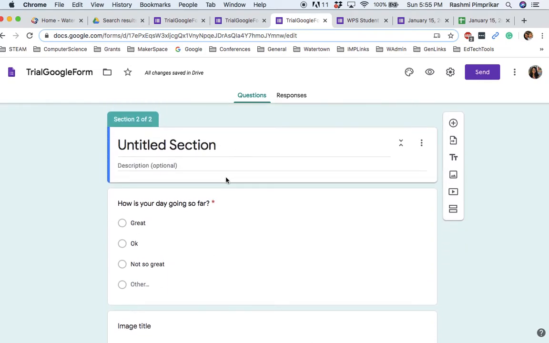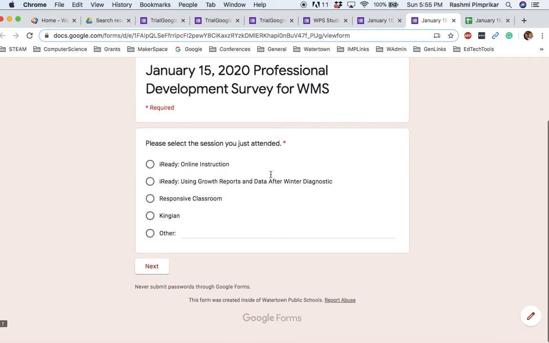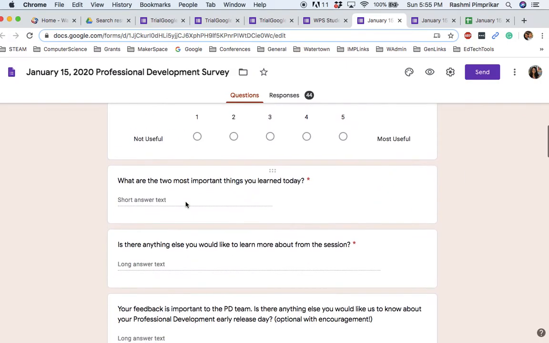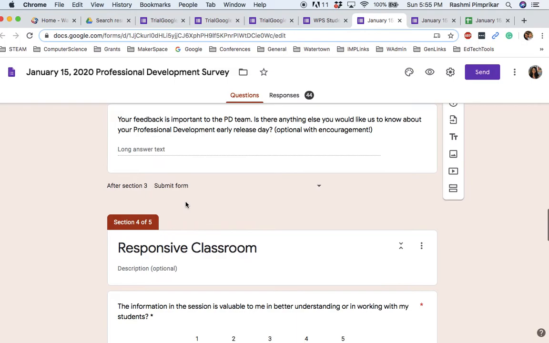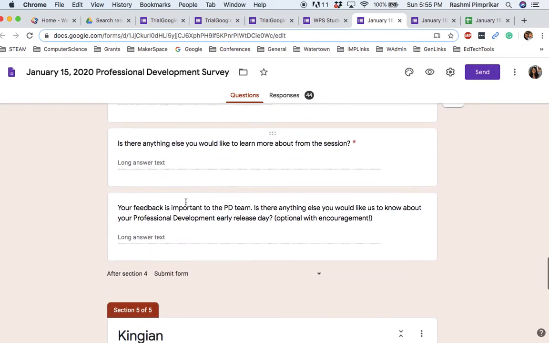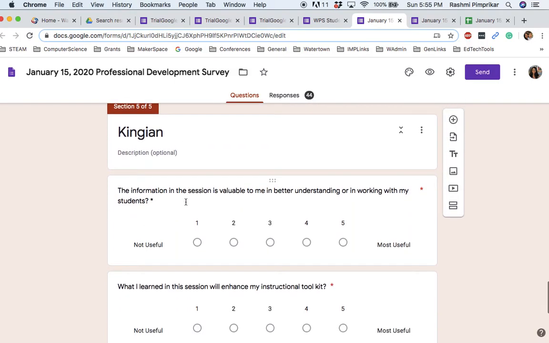You can modify it according to what your sections could be. So in here we have multiple. So I'm going to show you the form. You can see that there are 5 sections which are about specific topics and specific PDs or professional developments that teachers took. And then there are different types of questions that are